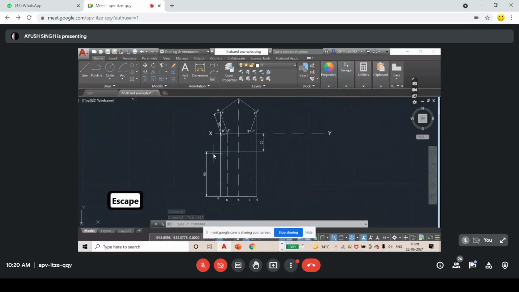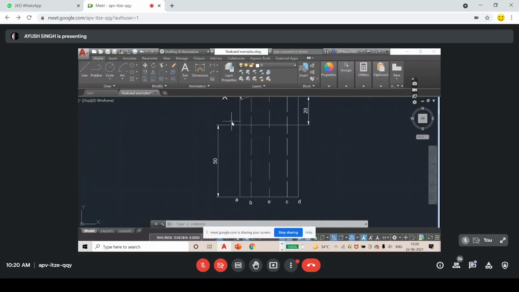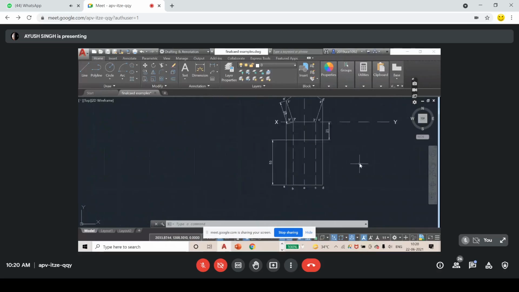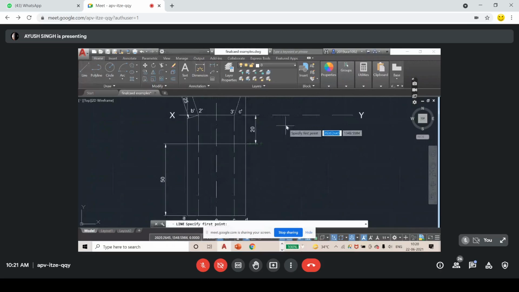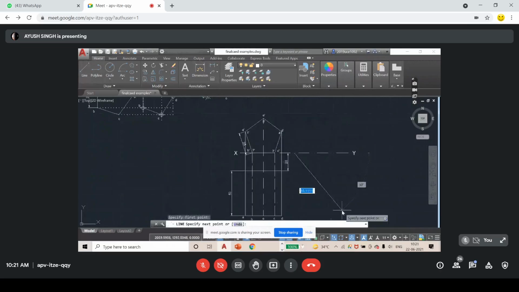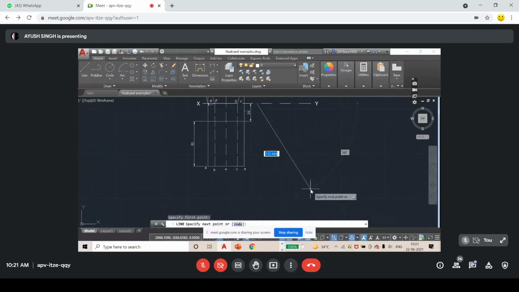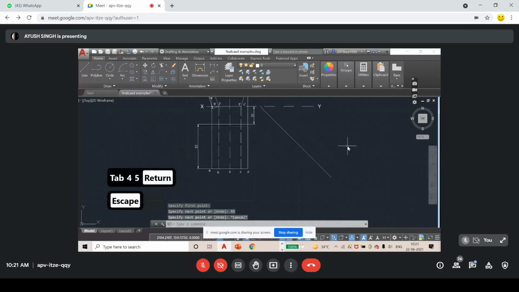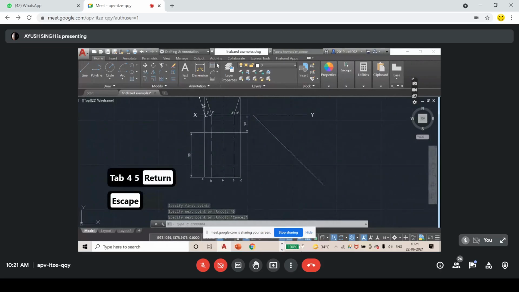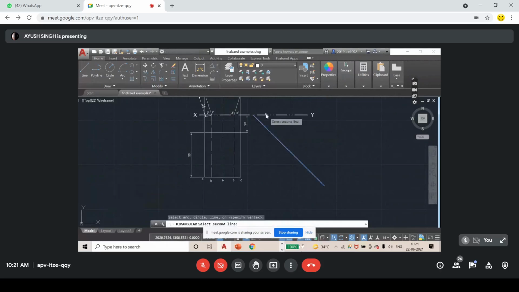Okay. Now what I need to do? Simple. First, because when I copy, I have to copy this and I have to rotate it by 45 degrees. So I will just create a line like in the previous method, random length. It should be a bit longer, but you can trim it later, and it should be at an angle of 45. Okay, right. So you can check this. This is actually 45 only.